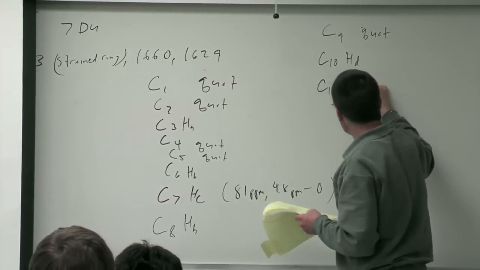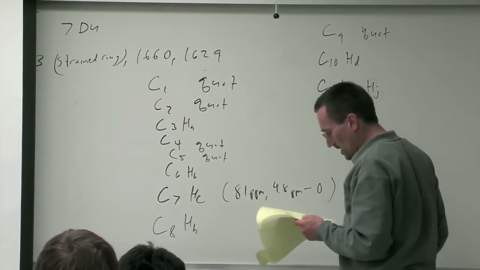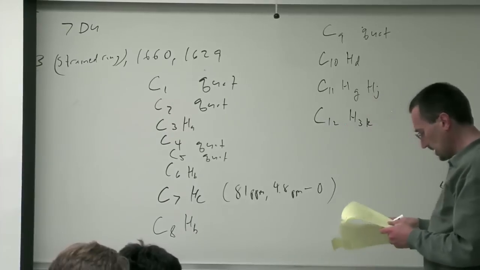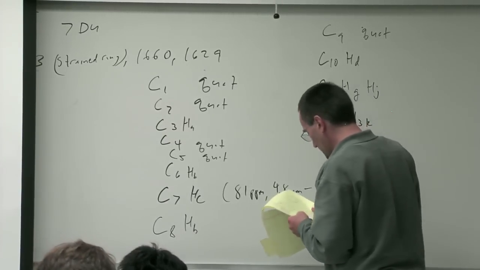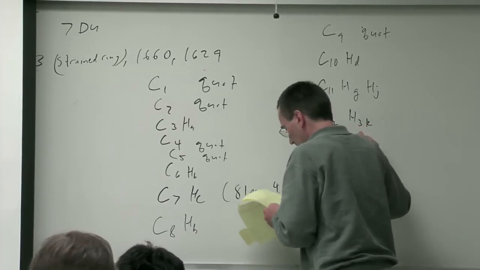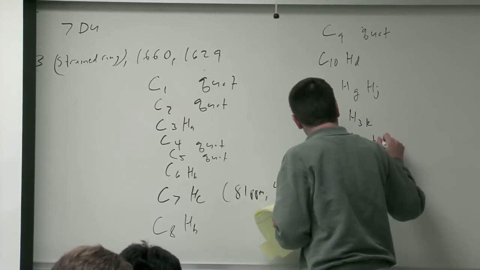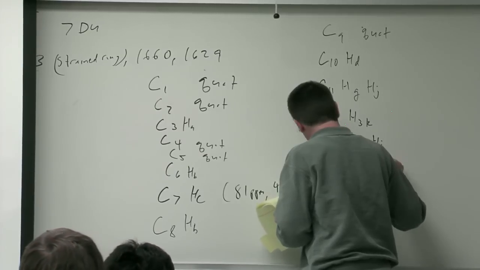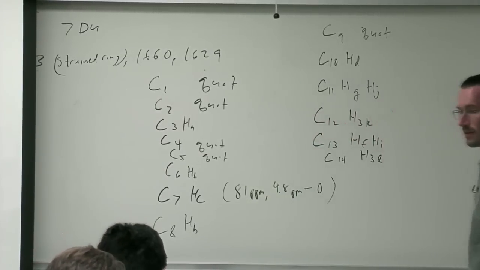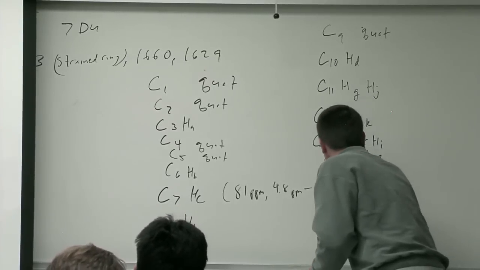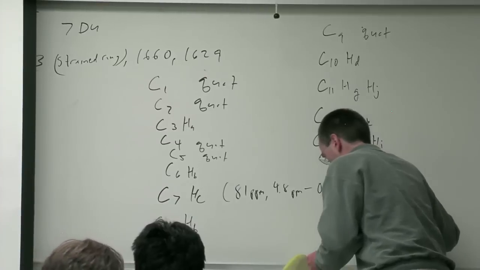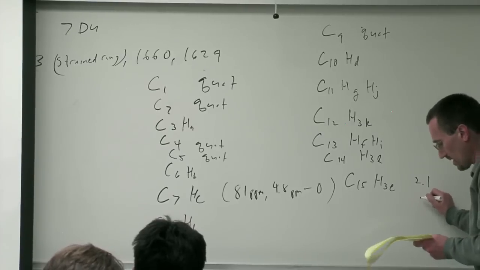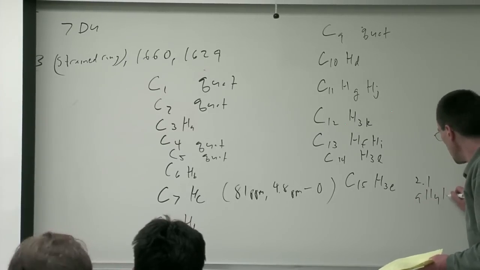C11 is HG and HJ, C12, H3K, so that's one of the methyls there. C13, HF, HI, C14, H3L, and C15, H3E. So that's the one that's at 2.1 ppm, the one that I think is in some way allylic, because